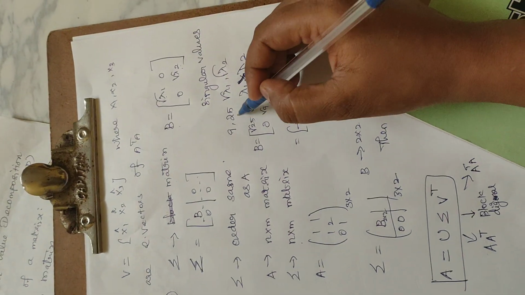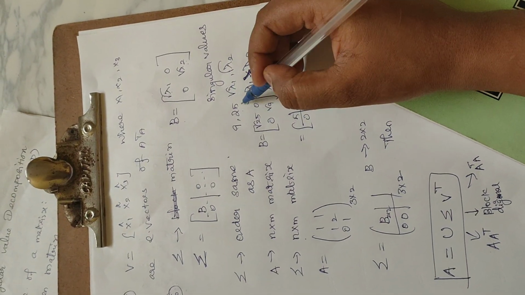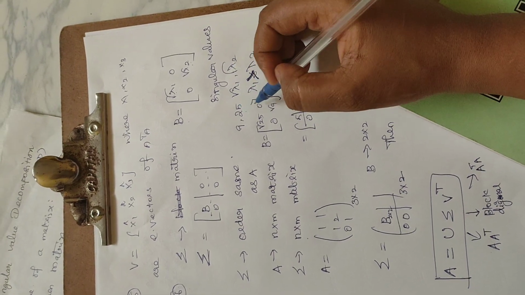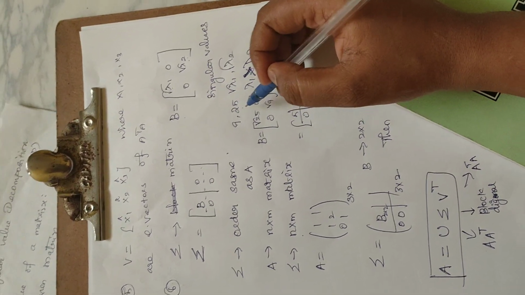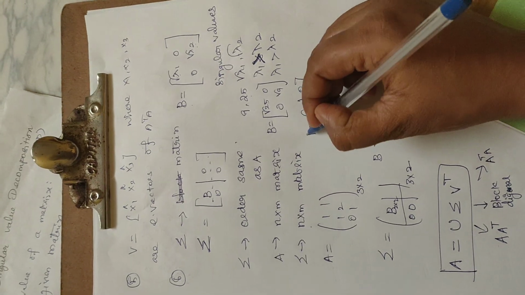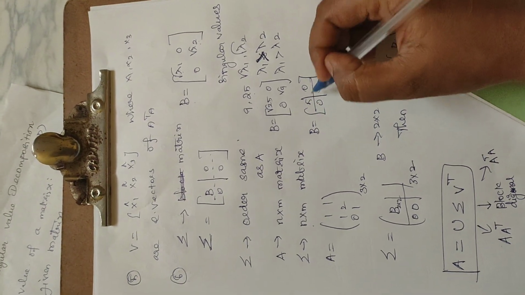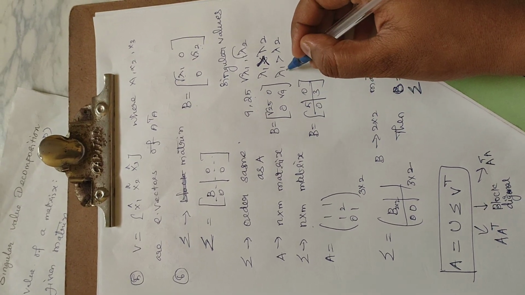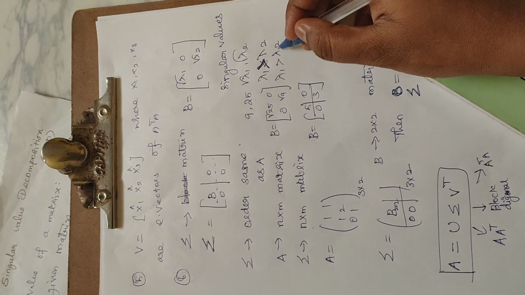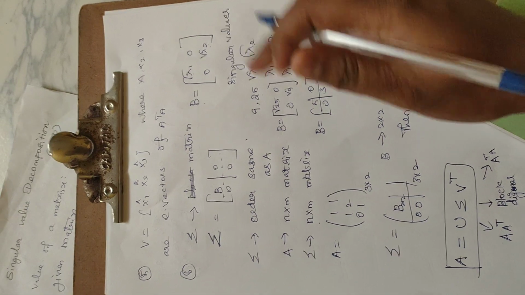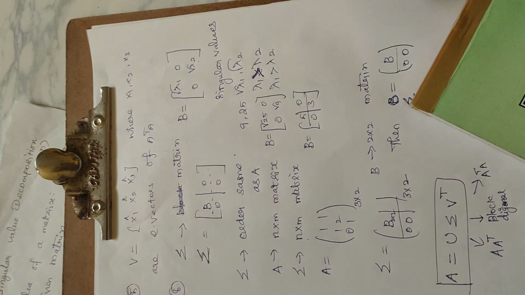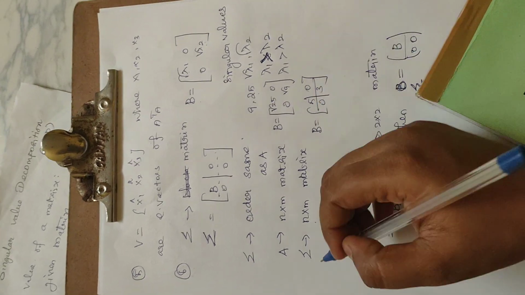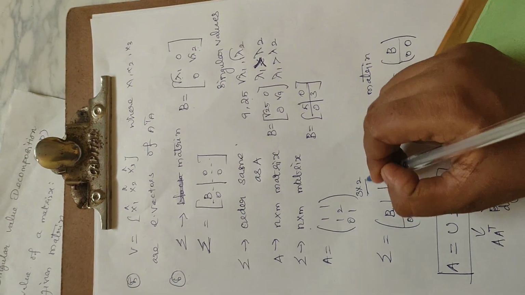Suppose 9, 25 are the eigenvalues. Then you know that root lambda 1, root lambda 2, that is 3, 5, are the singular values of the given matrix. So the block matrix will be 5, 3. You have to write in decreasing order. So here lambda 1 should be greater than lambda 2. So 5, 3, 1 and so on, you can write in decreasing order. So here it is a block matrix. Suppose A is a 3 cross 2 matrix.